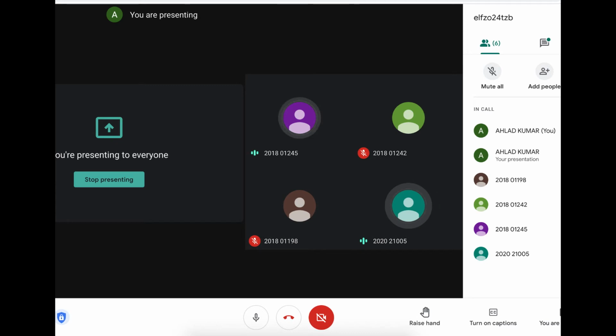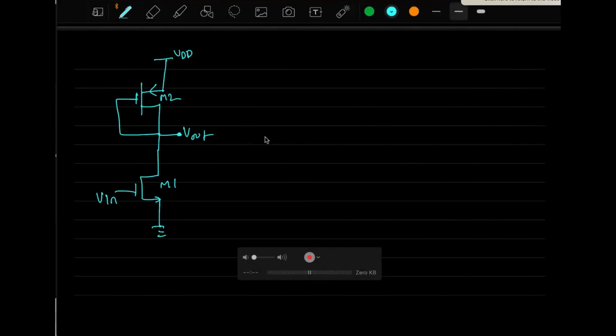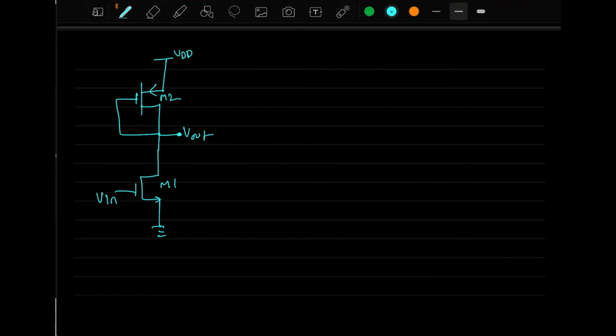Sir, maybe MOSFET M1 will have an effect of internal capacitance and M2 will remain active. No, it's not about that. What I was asking is about the different types of capacitances that are present here and how we can write the values of the capacitance. Okay, I will show you how to do it. Just a second. So if you see here, let us replace all these MOSFETs by their capacitances.